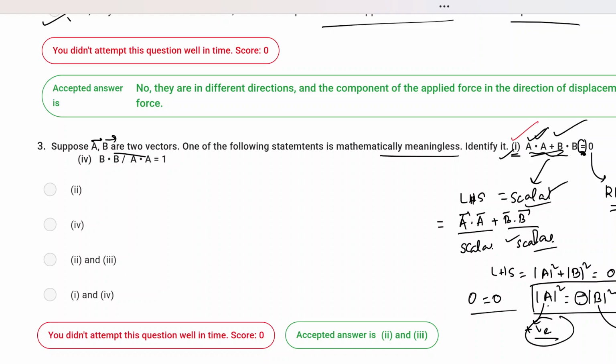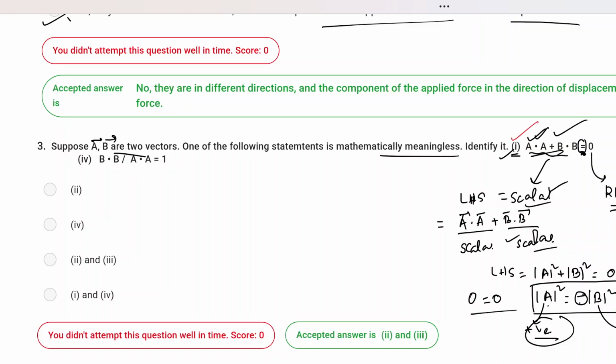Like for option number 2, you have this quantity A dot B, which is a scalar because it is a dot product, and this is 2 times A, so this is a vector. Now the right hand side again is a scalar. So you have a scalar plus a vector equal to a scalar. This does not make sense because scalar plus vector is not the same as scalar. Or in the other way you can say, because this is 0, you can take it to the other side and you have minus 2a vector on the right hand side. Then you see that on the left hand side you have a scalar and on the right hand side you will have a vector. So that is not mathematically meaningful. So this is not true.